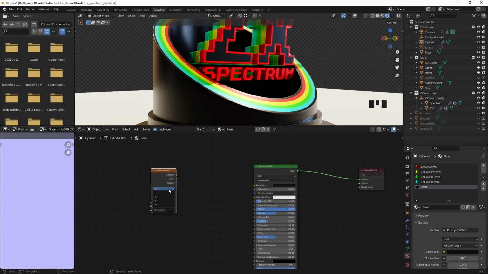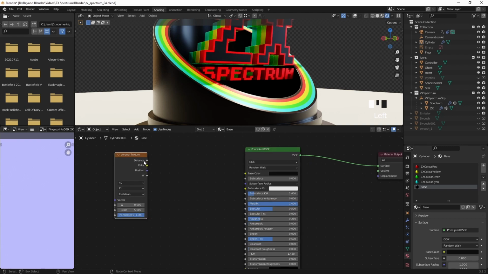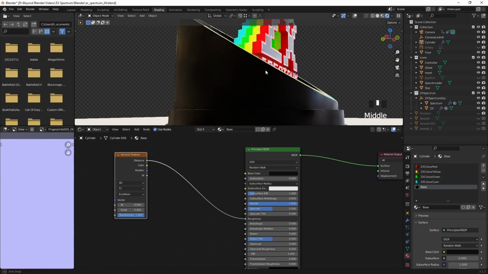So what I'm doing here is adding obviously a Voronoi texture. I thought about maybe using a noise texture, I might still do that, but the idea is to plug that into the roughness, and that'll break up the uniform